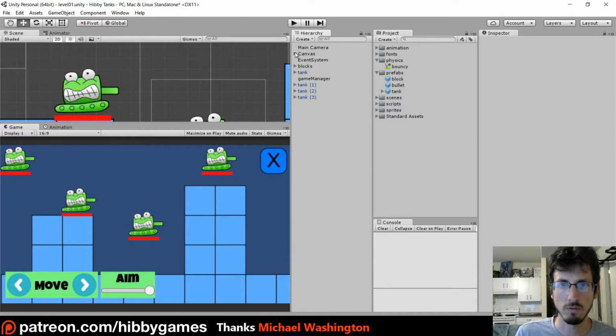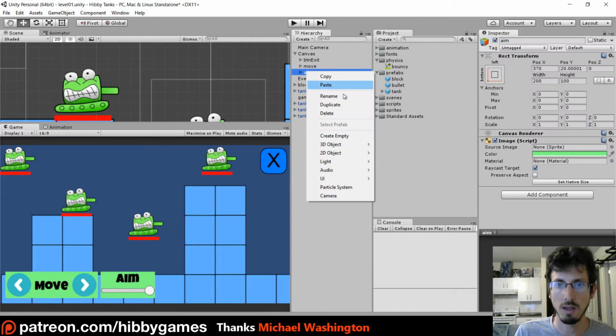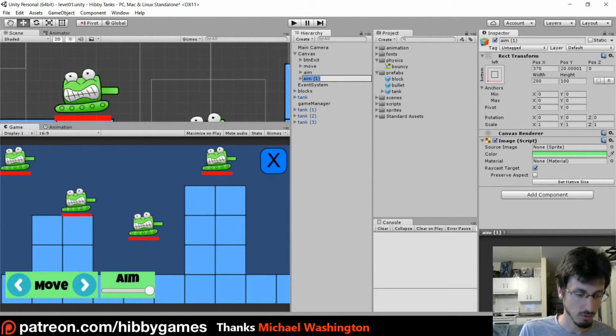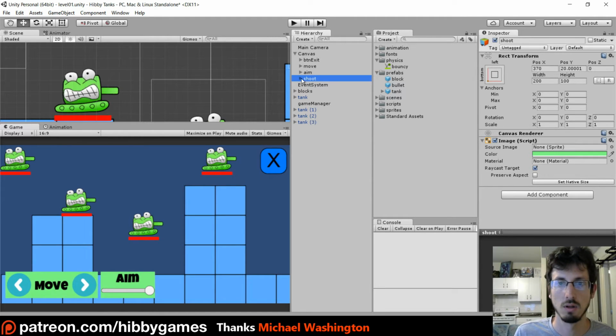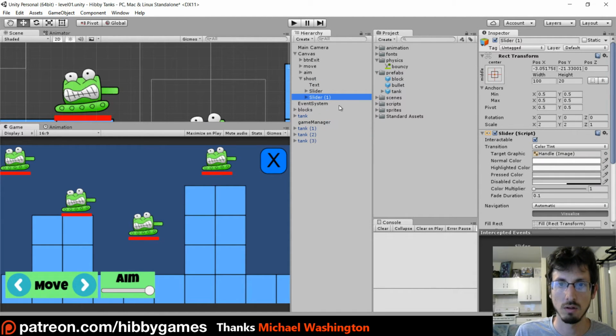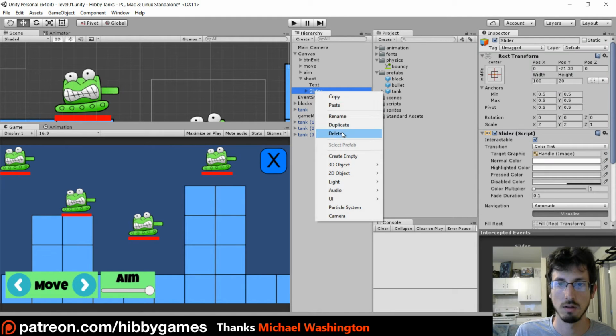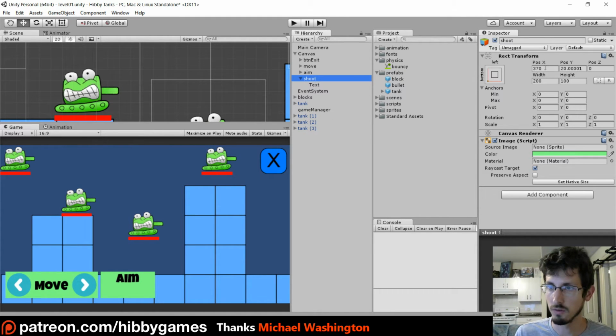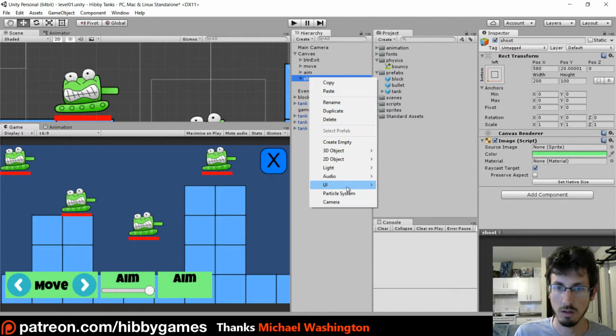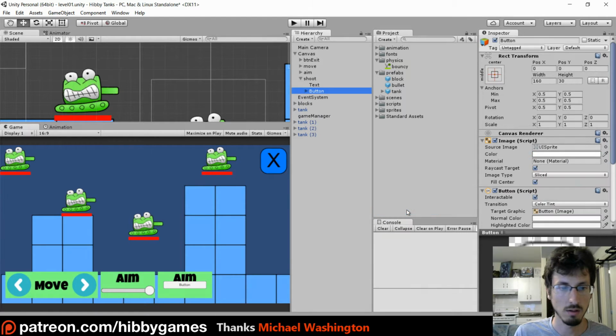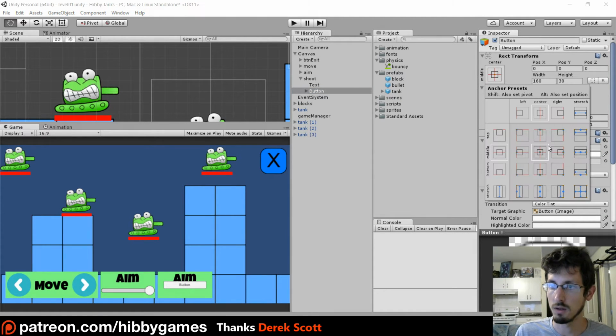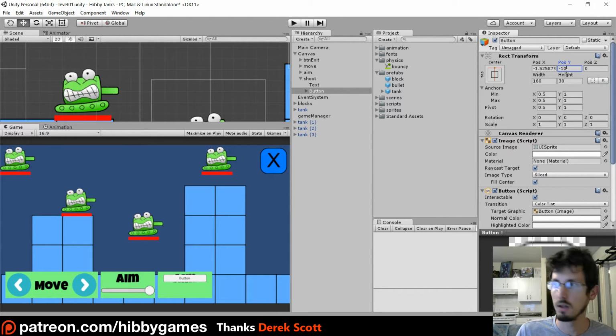So let's just make a button for shooting. So let's duplicate the aim and just call it shoot and delete the slider out of that one. Oops, delete. And I'm just going to change position X to 580 and go right click UI button, and I'm going to align this guy to the top, center, position Y -10, width 160, height like 50 I guess, and I'm going to make its text say